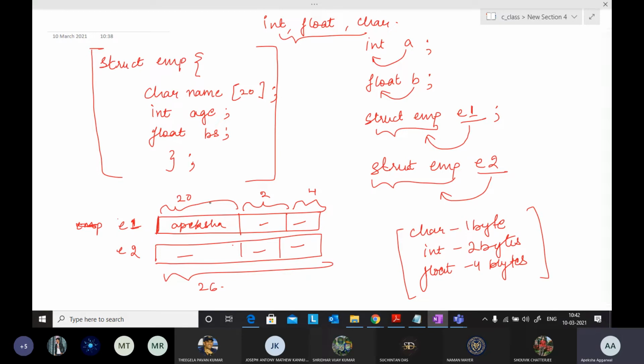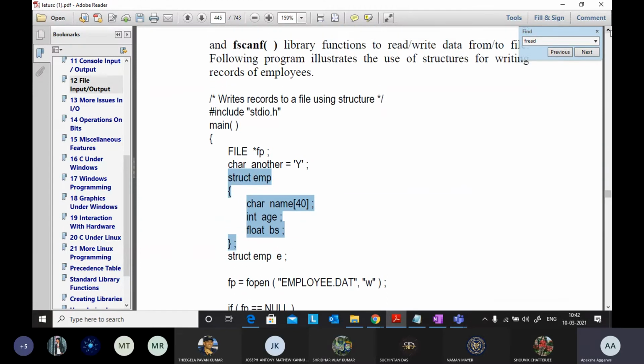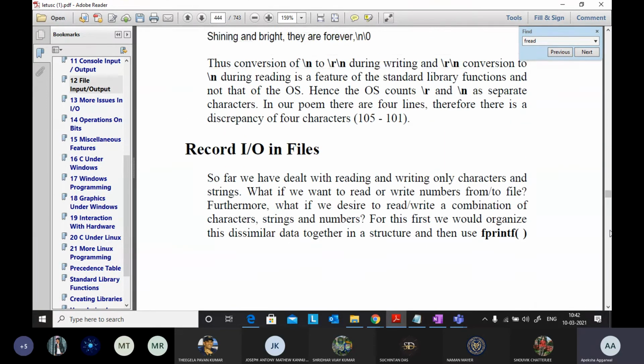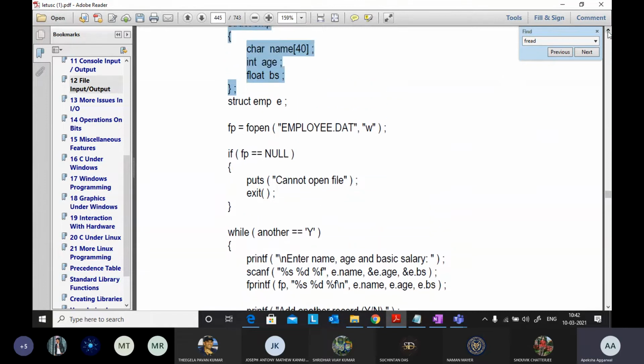In a database you have name 1, name 2, name 3 up to 1000 employees, the ages of all these employees, and float values for all these employees. So BS is just the basic salary of those employees.